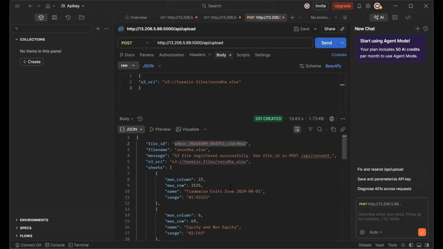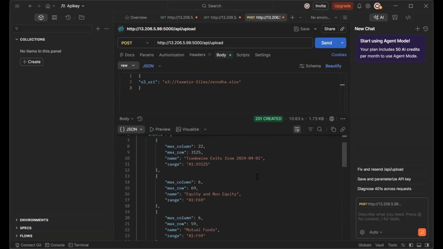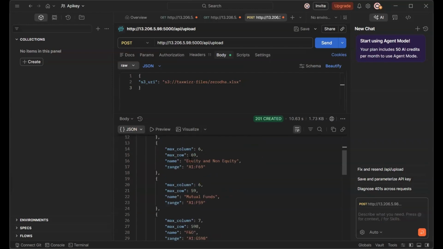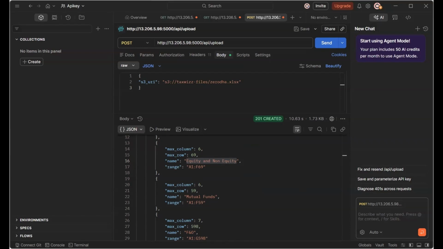Step 3: Register S3 URI. In the third step, we register the S3 URI of the Excel file. It is important to note that the file itself is not uploaded through the API. Instead, we simply provide the S3 location of the file so that the API knows where to access it. For this test, we use a POST request. The URL is